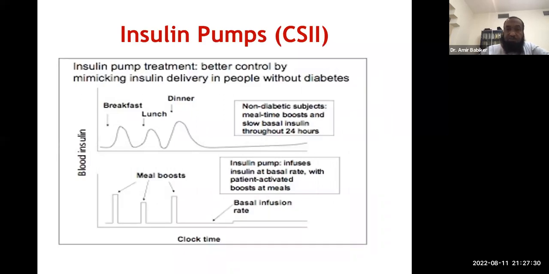This is the pump. I'm not going to talk about that too much, and you match this with the meals